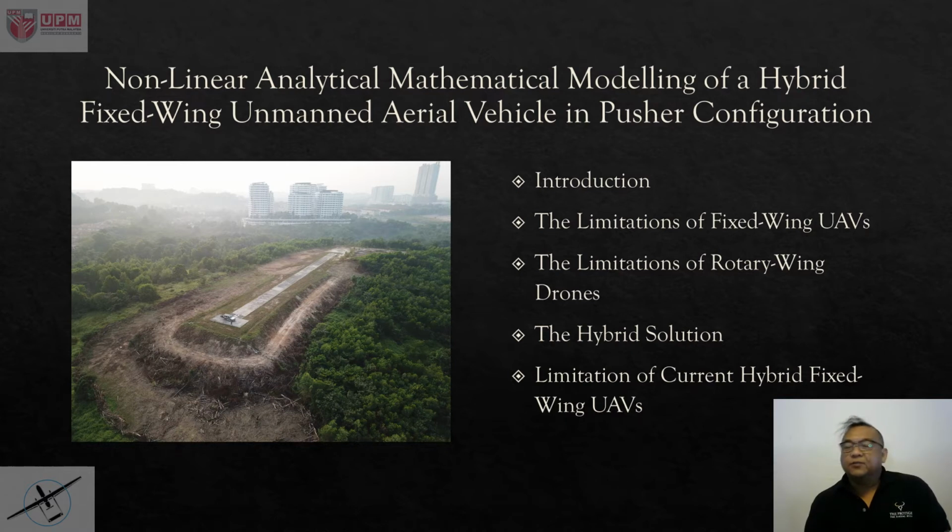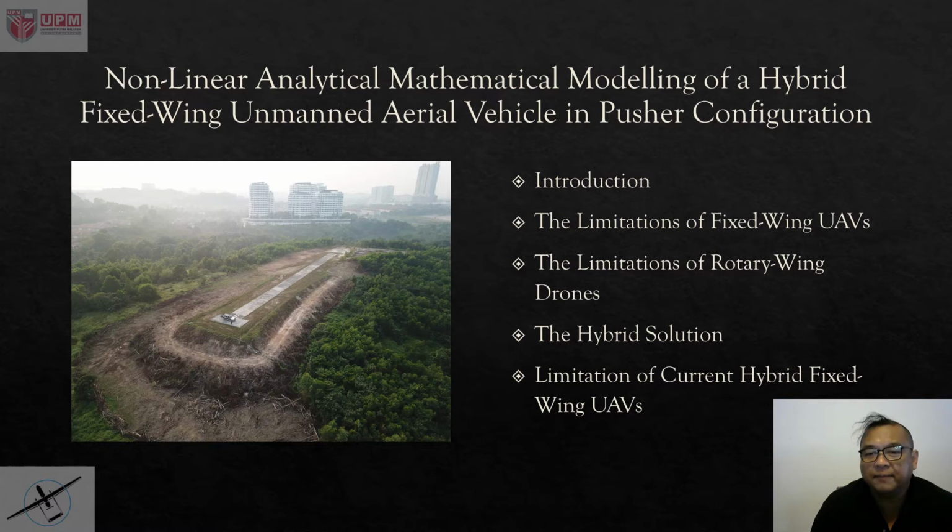The UAV needs to take off and land with the help of a runway, and if you can do that, then the UAV can fly with all the perks that fixed-wing UAVs have to give. Rotary wing drones, rotary wing UAVs, have a limitation as well. Their limitation is they can fly between 15 to 30 minutes, and they cannot carry that much payload compared to